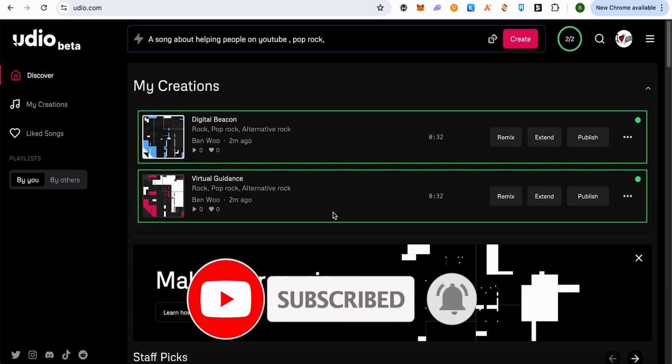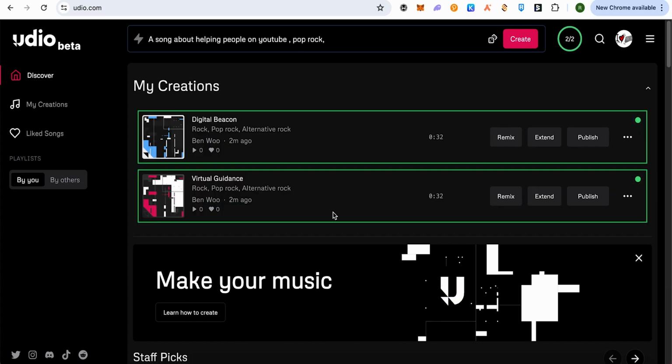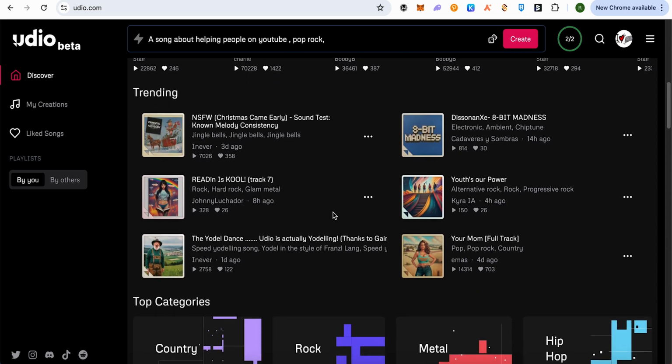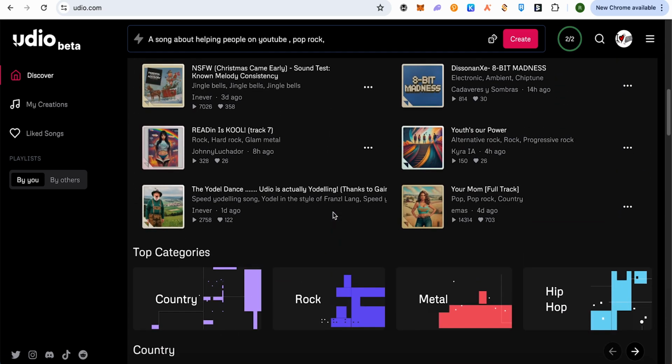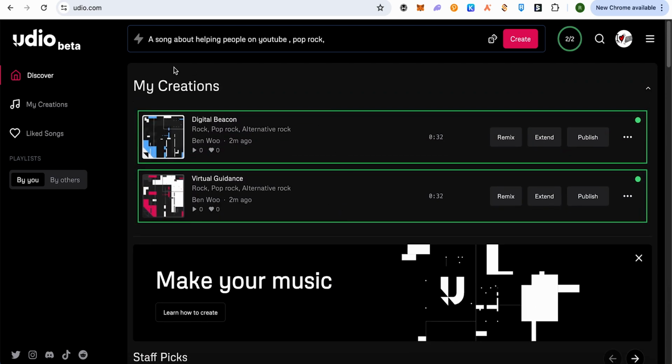For this, just simply open up this platform called Udio.com, and over here you can sign up using your Google account, and after that this is how it will appear. Here you can see different songs from other people as well. You can listen to them, and if you want to create your own, simply select this option of creation at